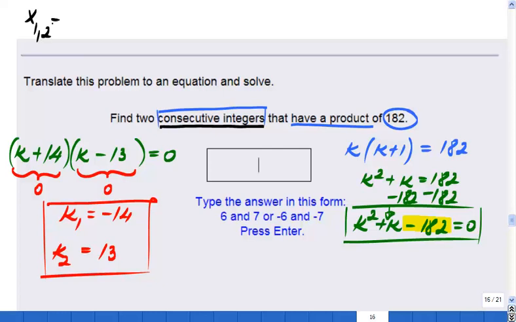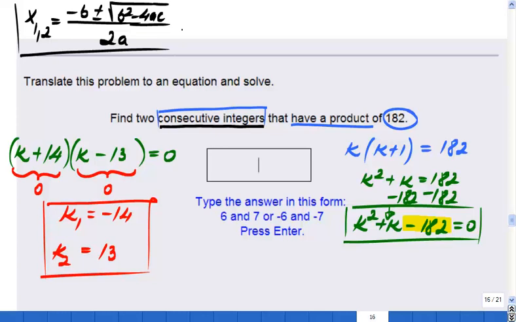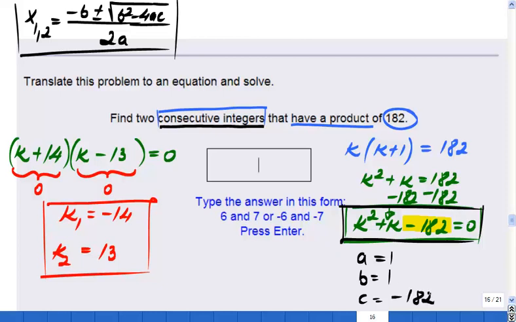Remember, quadratic formula says that your roots x1 or 2 will be negative b plus minus square root of b squared minus 4ac, which by the way is your discriminant, your delta, right, over 2a. So if everything fails, then you should try this. What is your a? Well, a for this equation here is obviously 1. Your b is your first degree term coefficient, right, which is also 1. And c, which is your free term, the term with no variable on it, which is negative